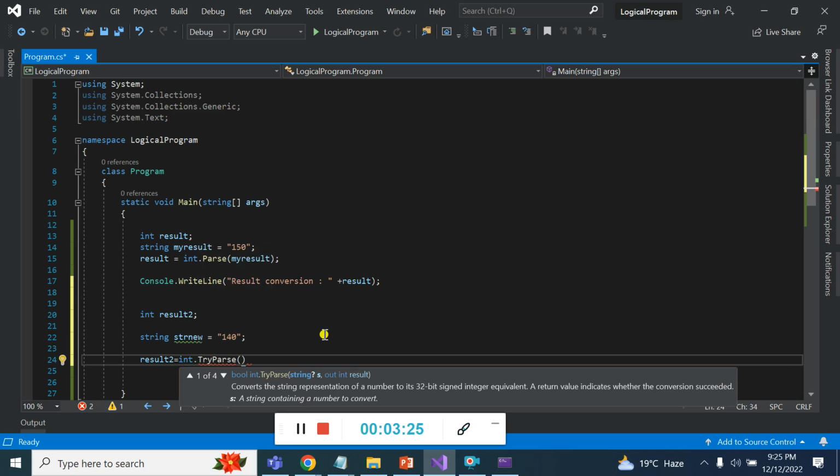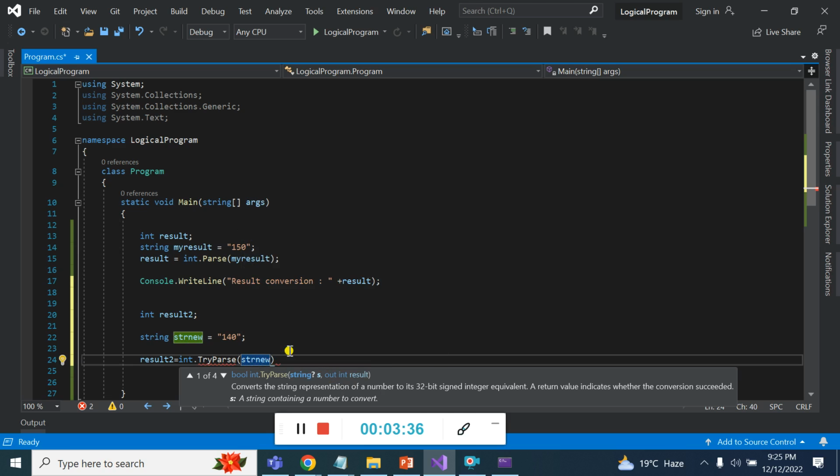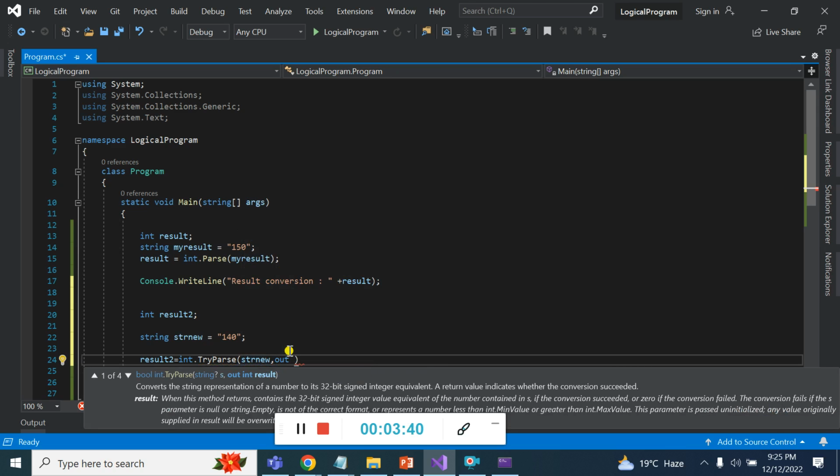Here you can see that we can pass two parameters: a string and an out-type integer value. So I pass str new and out result2.